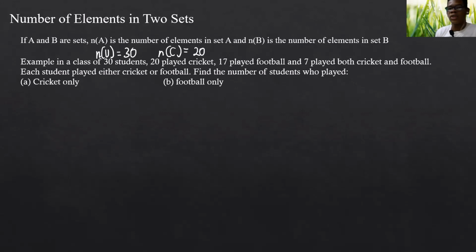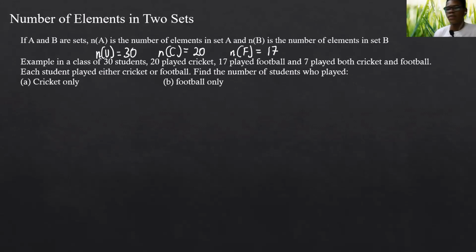Now, 17 played football. Let's use F for football. So the number of elements within the set F, who played football, is equal to 17. These are the things you need to start jotting down as soon as you see this structure,